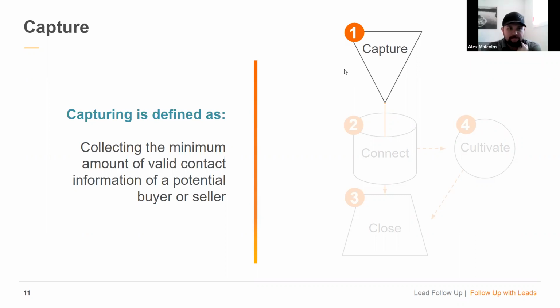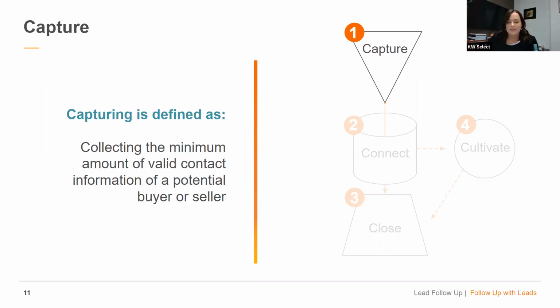Like Facebook ads through command. Networking. For sale signs is another one. So if you have a listing with a for sale sign, people are going to call you about it. You want to take down their information and capture that lead. So if someone's interested in buying a house, they might have a house to sell as well. So those are ones you'll want to keep track of.